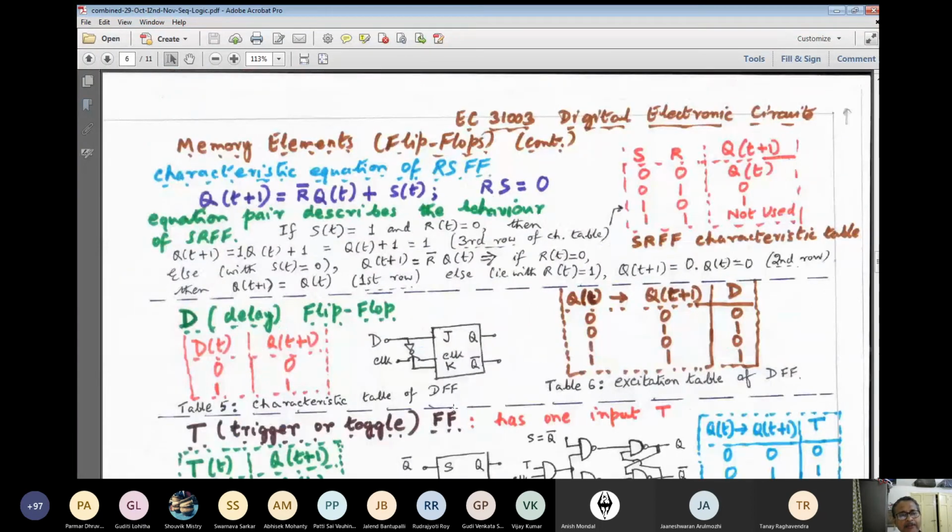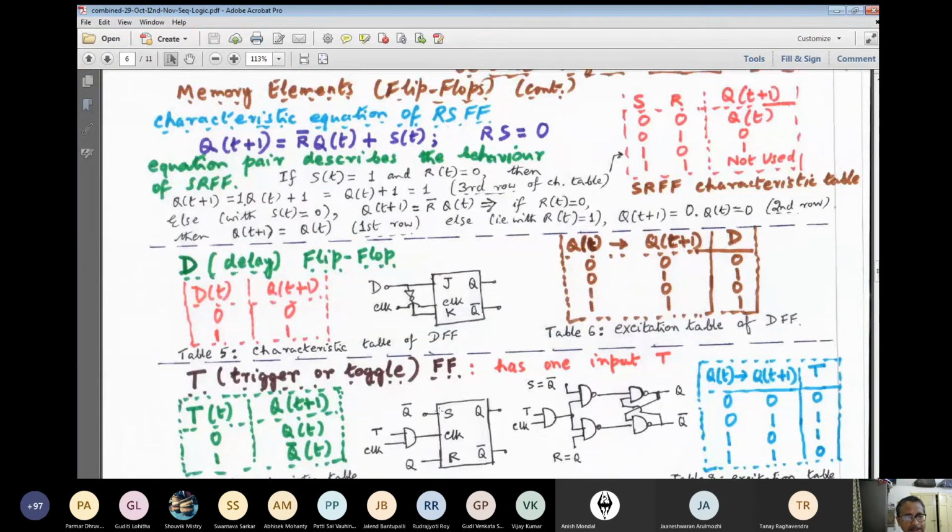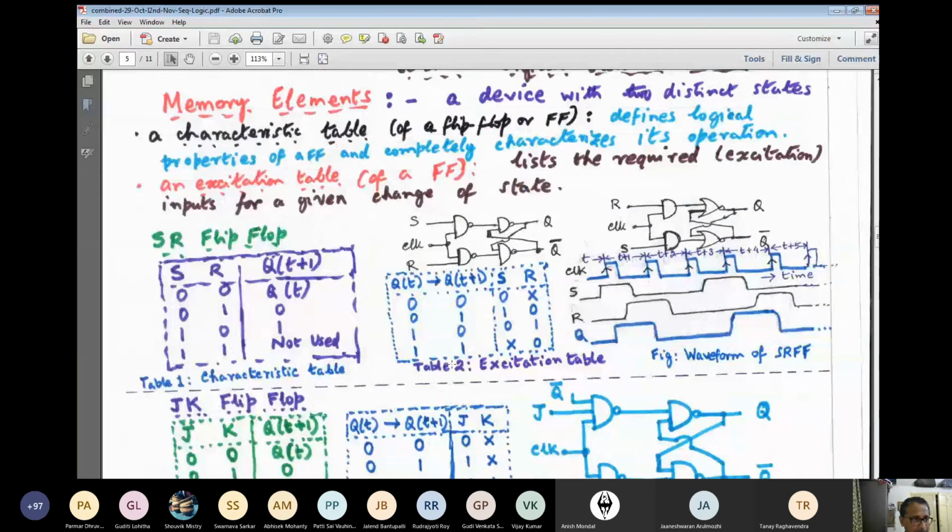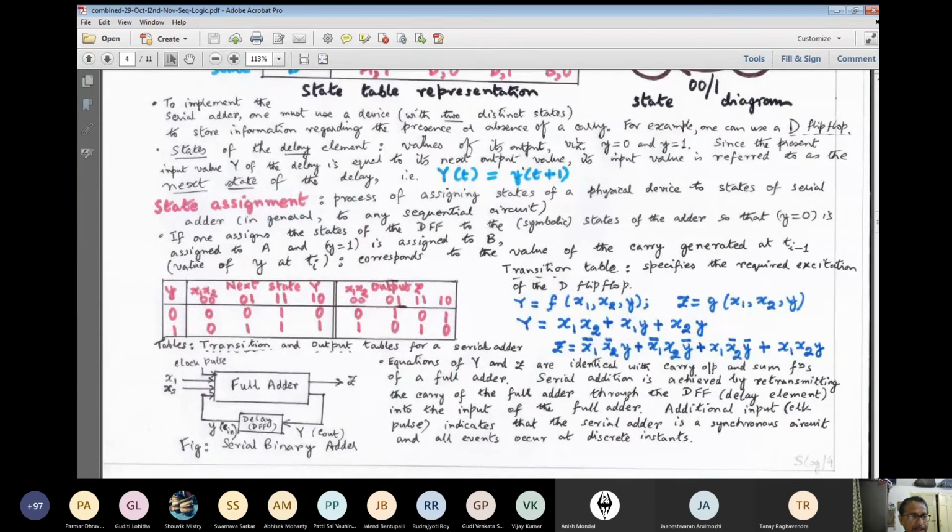And then finally, we have to write the transition table as we have done in this simple example also. This is the transition table, this is the output table. Here we are dealing with zeros and ones, because having done the state assignment, we know for sure that these A, B or S1, S2 will be replaced by 0 and 1. Then finally, we have to draw the Karnaugh map corresponding to the excitation function. Here was a single excitation function and single output function, but there can be more than one excitation function and more than one output function. So all the Karnaugh maps we have to draw and simplify the capital Y's and capital Z's, and then draw the circuit diagram.